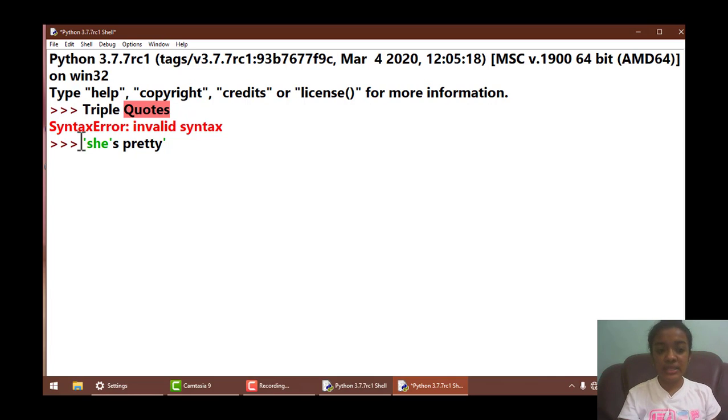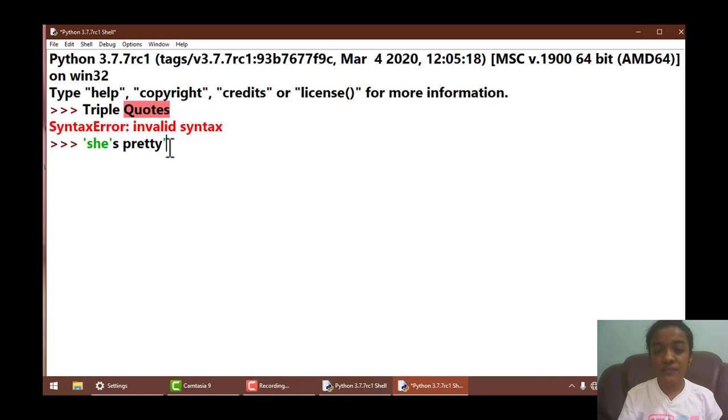So this entire part is a string, and we have started our string using a single quote, and we have ended our string using a single quote. And what about another single quote in between E and S? This particular single quote makes this entire statement, or the entire string, complex,